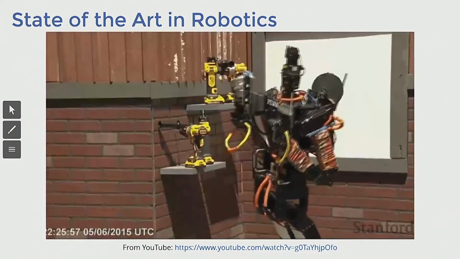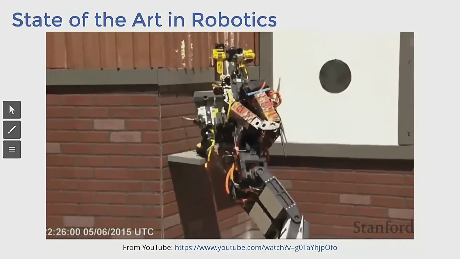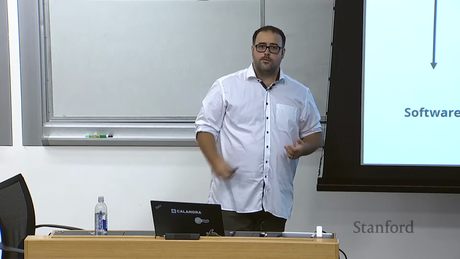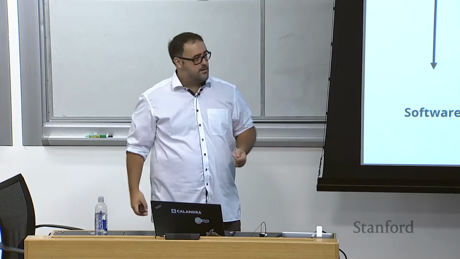So what are we missing? How can we help robotics through the use of machine learning and artificial intelligence? And even more, what do we need in order to ultimately have meaningful interaction between humans and robots in a safe manner, in a way that is really interactive? I believe that there are many challenges that we will have to address over the next decades.